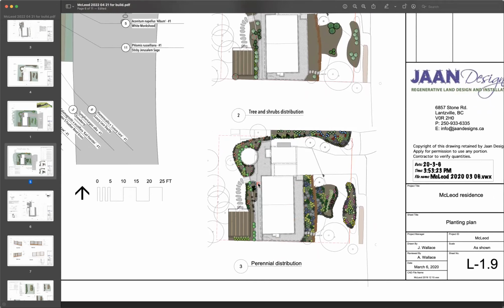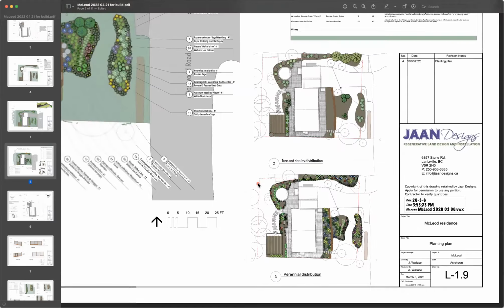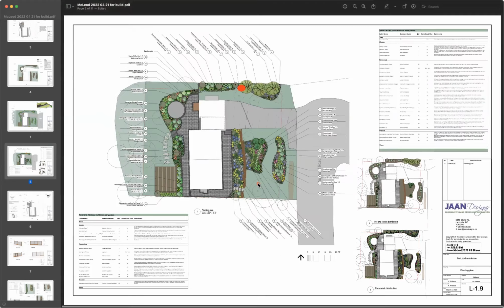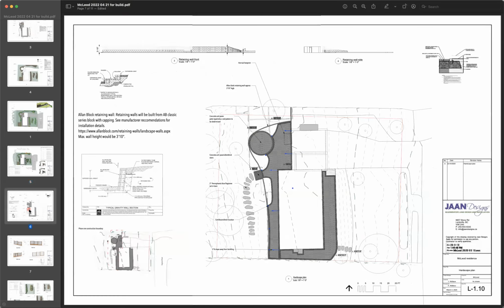Now we're really lucky. Basically our software does all this for us. If we command it to do so, it'll separate this for us, so we don't have to do too much work. It's all about making it aesthetically pleasing. And then here's the hardscape plan with the wall in the back